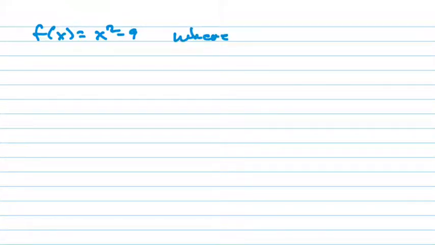Okay, here we go. Look at number 4. F of x equals x squared minus 9, where f of x equals 0. So f of x is the same as saying y, right? So I need to find my x. Finding the x values is the first job. To do that, I'm simply going to replace f of x with the number they give me, which in this case is 0. So we get x squared minus 9,